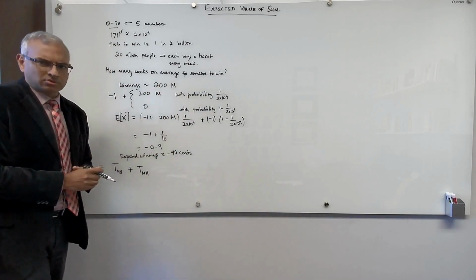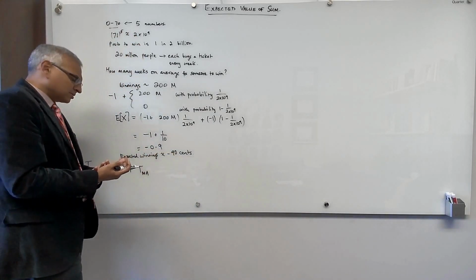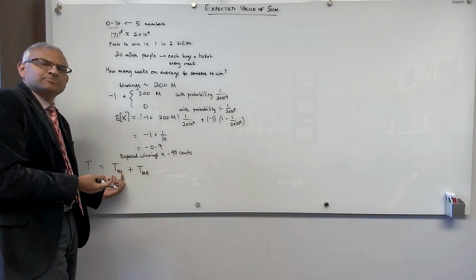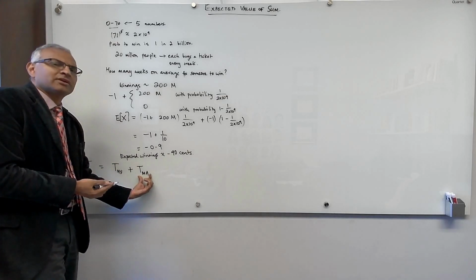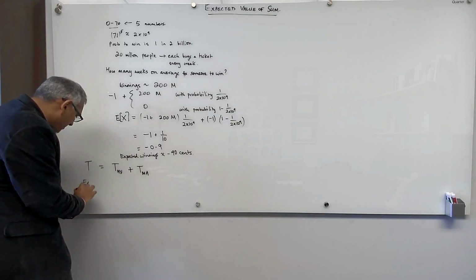These are two totally independent entities. And I expect to win in total a sum of whatever I expect to win here plus whatever I expect to win here. Intuitive. Okay, so your expected